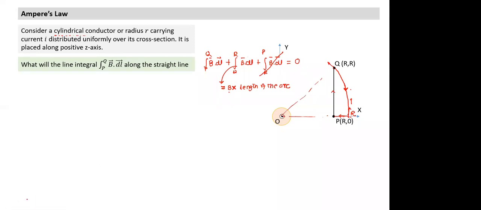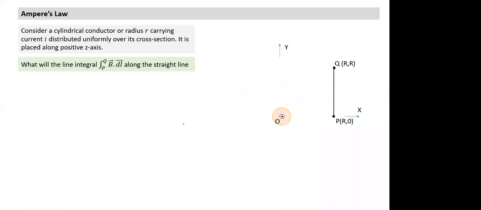Can you think of some other method of finding this? This is one loop we can take. Can someone think of some other way of solving? Any other loop we can take? Any other shape? Ahlad, can you think of some other method? Anybody else? One loop was to take a circular arc and form a loop like this, so the current enclosed becomes 0. Does anybody have any other method?